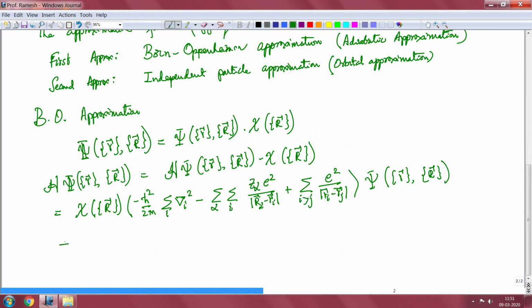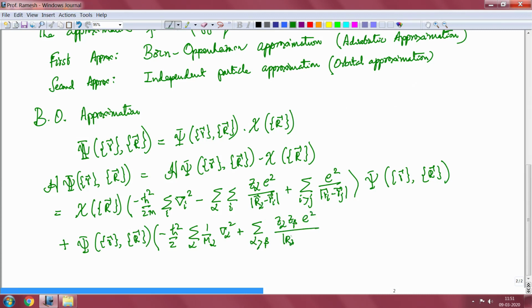So, plus I have psi of r comma R, which I have pulled out, times minus h cross squared by 2 sigma over alpha 1 upon m alpha into del alpha squared plus sigma over alpha greater than beta z alpha z beta e squared upon r alpha minus r beta. This one acting upon chi of R,